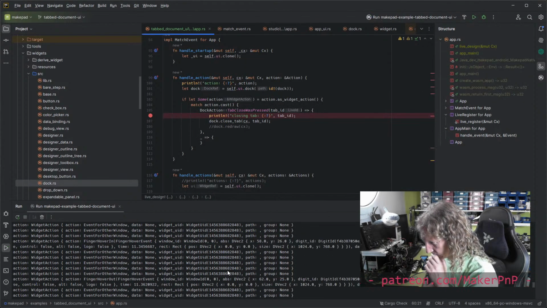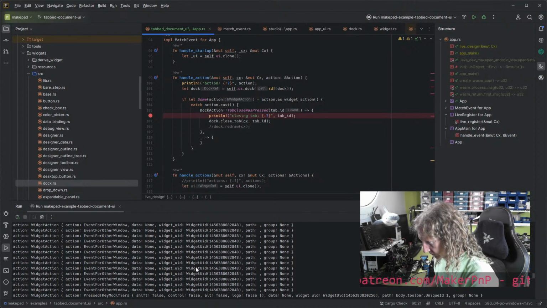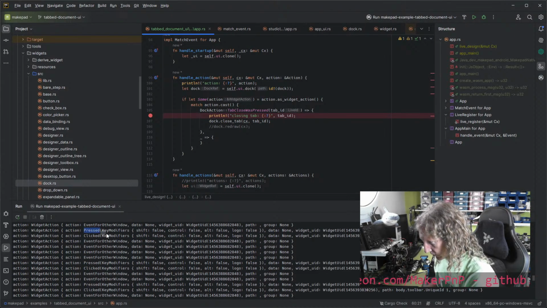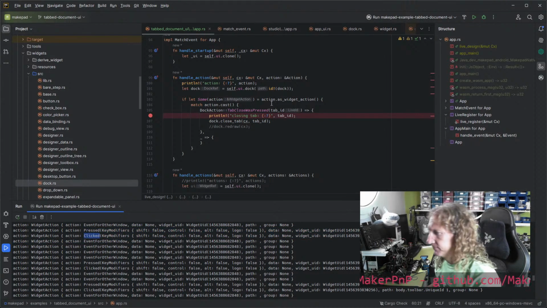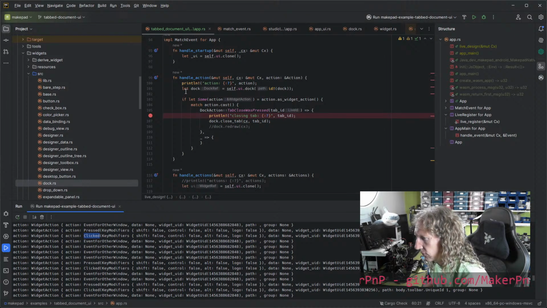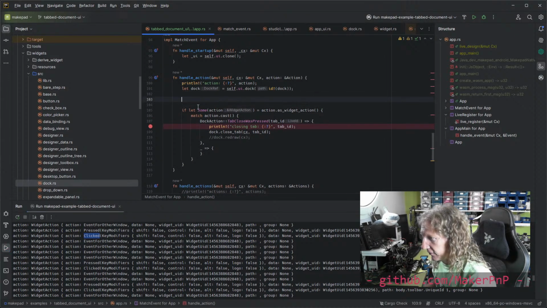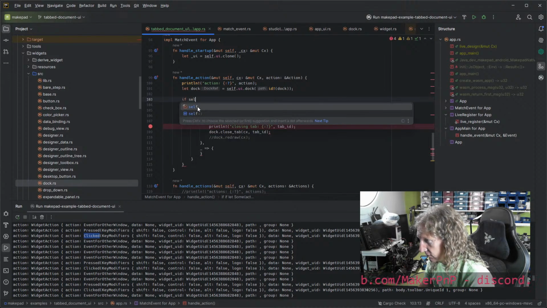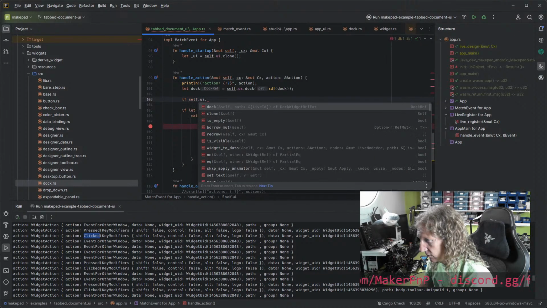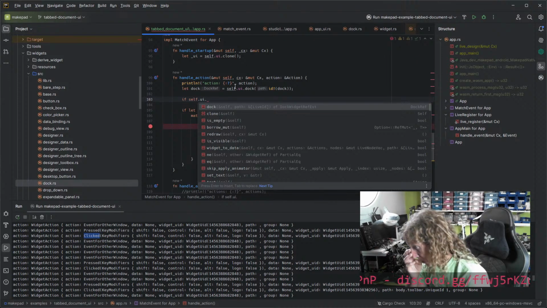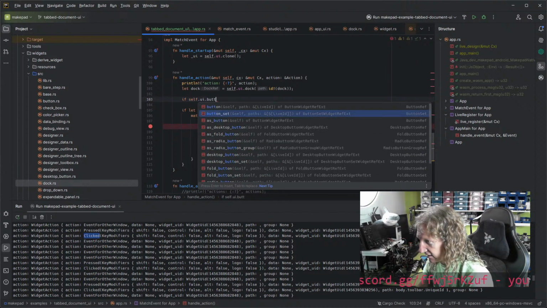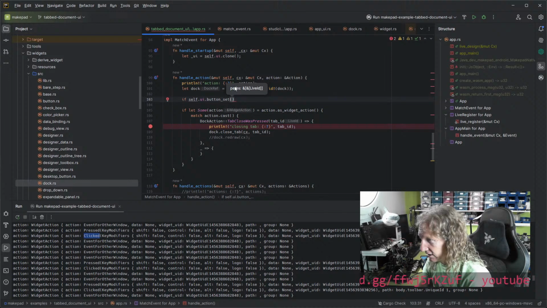Right, which was one of these ones, like this clicked thing, right? So perhaps here, if self.ui dot, I don't know. Was it buttons set? And then what do you give it? Oh, you give it